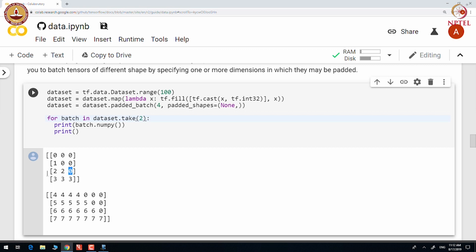Look at the second batch, it has 7, which is repeated 7 times. So, each element from 4 to 6 are extended to shape 7 by padding the required number of zeros.